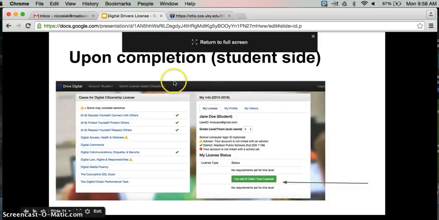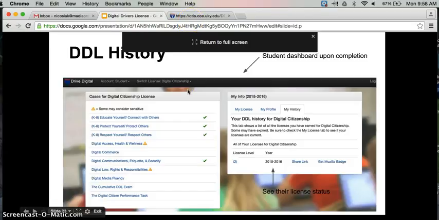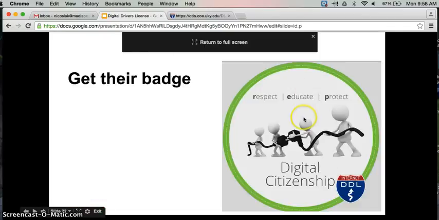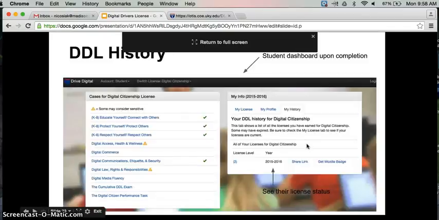Upon completion of all 4 of the modules, or 5, depending on how many you select, or all of them, they'll get this green bar in their info section that says you did it, claim your license, and they can click on it and it'll give them their license. And what'll come up is this information, and they can be instructed to get their badge. They get this digital citizen badge, and then it shows them how long this is good for, their level, and you can change this to be